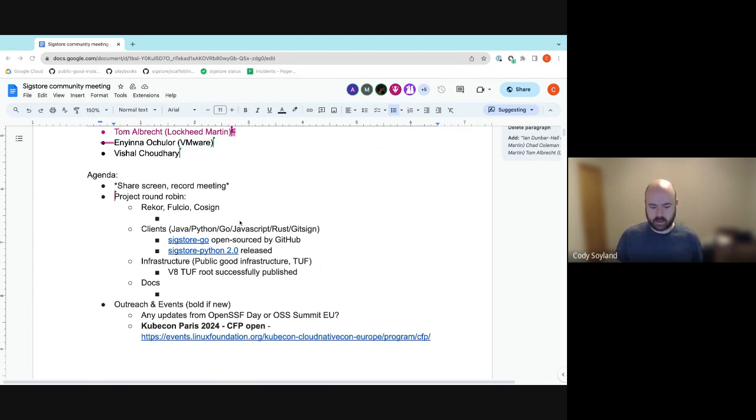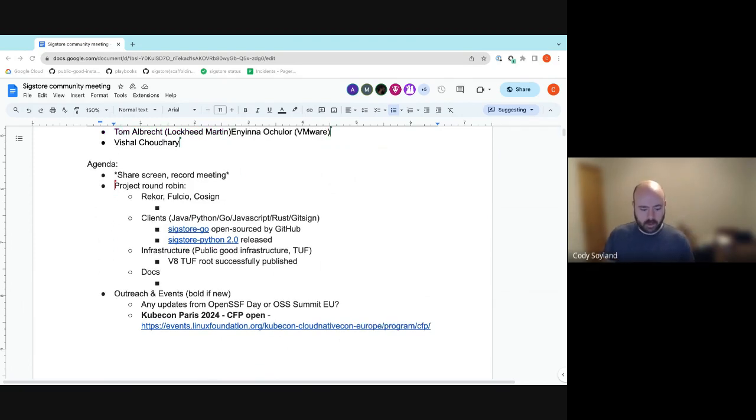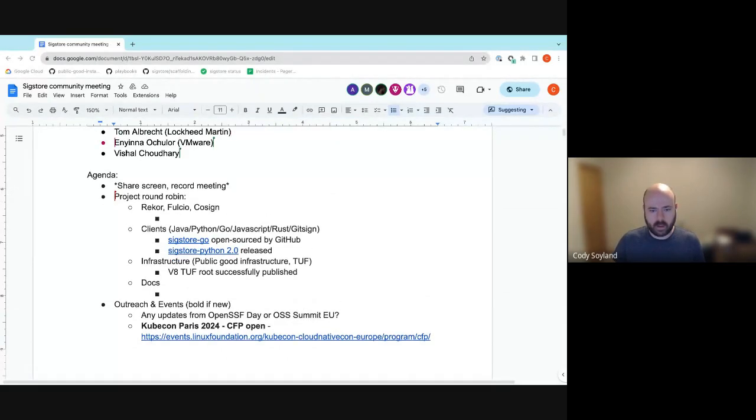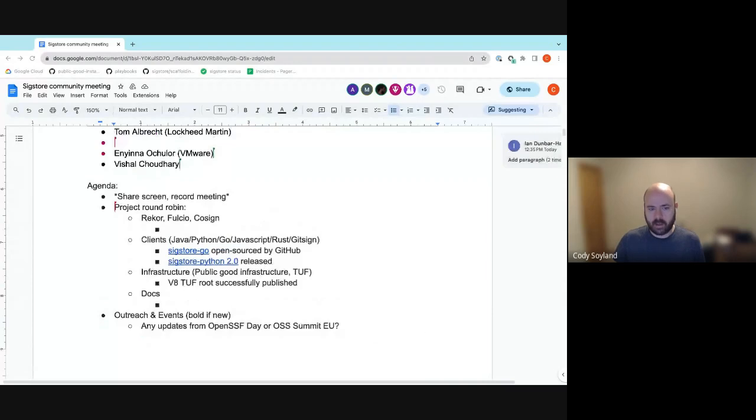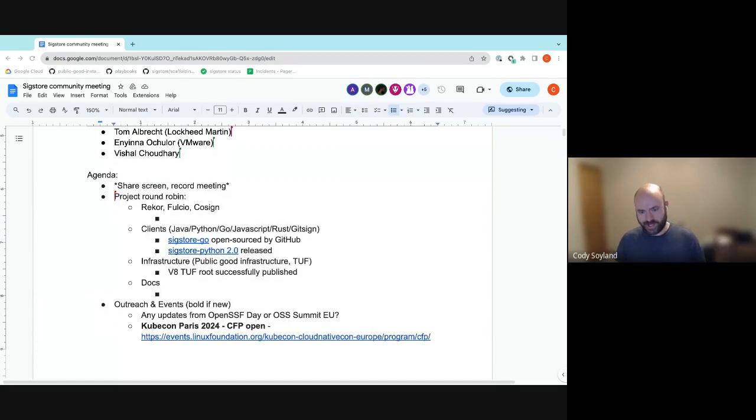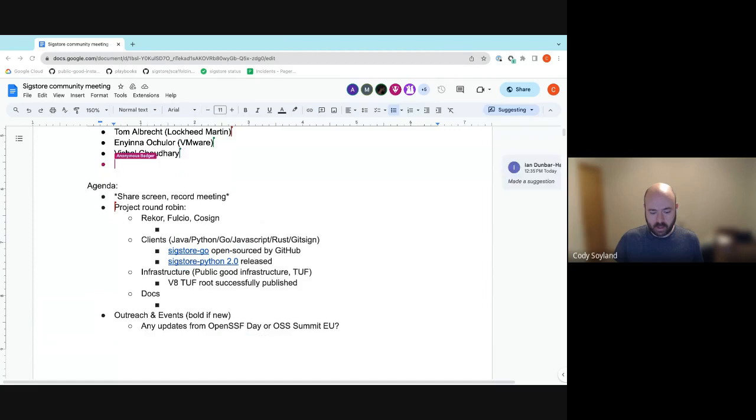Moving on to clients, there's a couple of notes here. First of all, Sigstore Go, which is a new Go client for Sigstore, was released last week. This is actually a project that was internal at GitHub for a few months, and I took part in the project. I work at GitHub, by the way, as well as a few other folks, and we're really happy to get that donated into the Sigstore organization. And I encourage you to take a look. And it's a very early release right now.